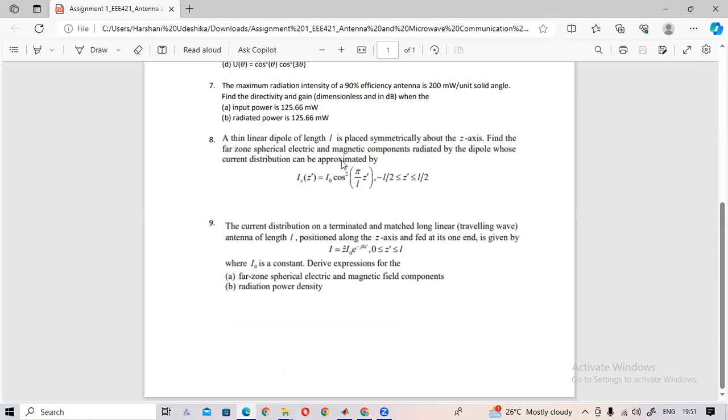Because you can see that here we have been given an antenna current distribution. The current distribution is somewhat complex. Complex means it is complicated. So if the current distribution is complicated,